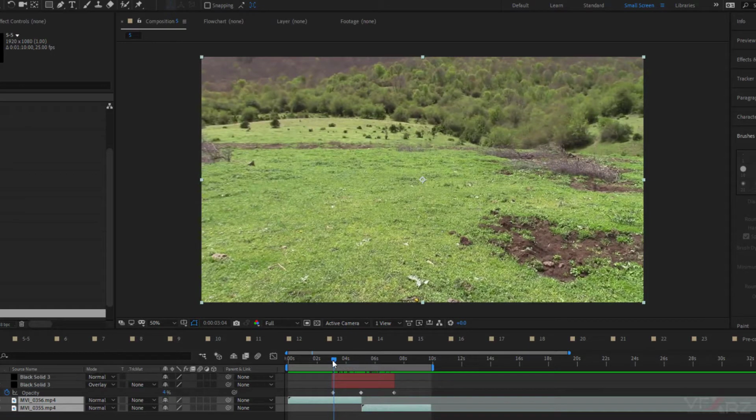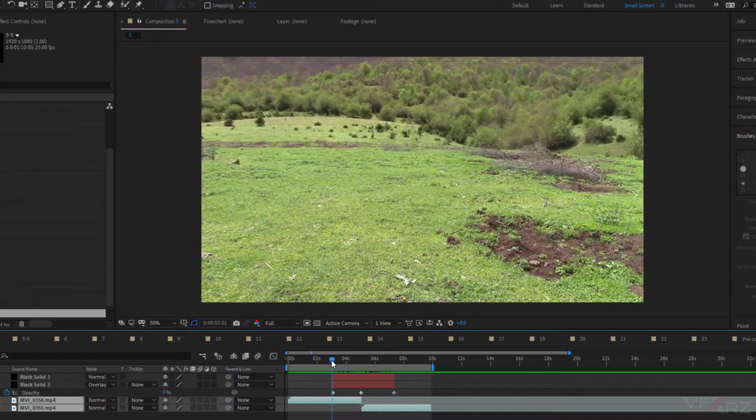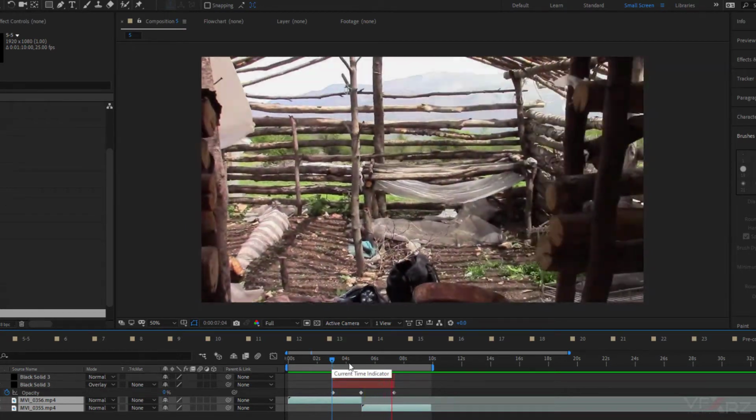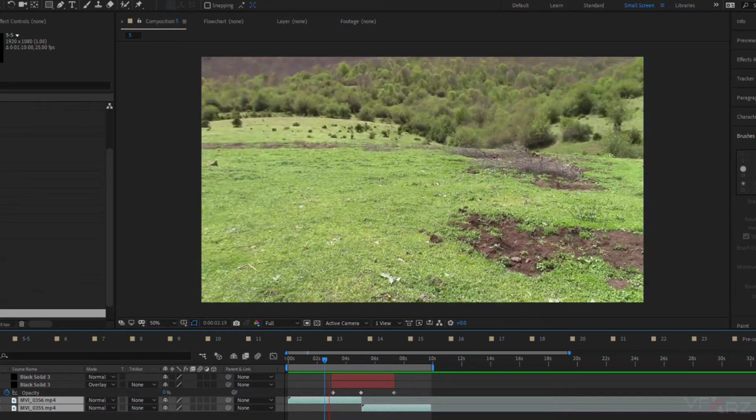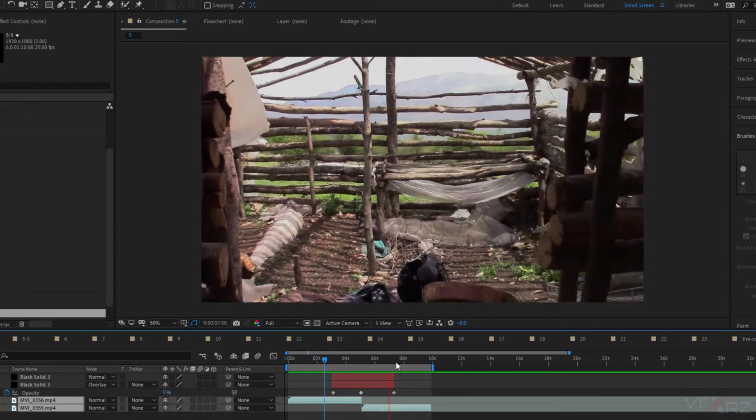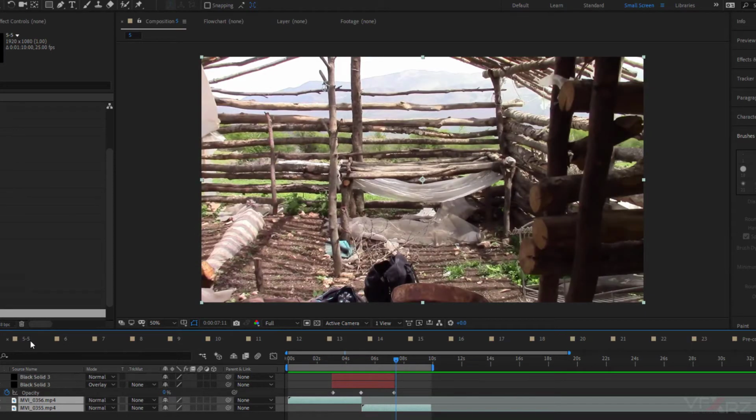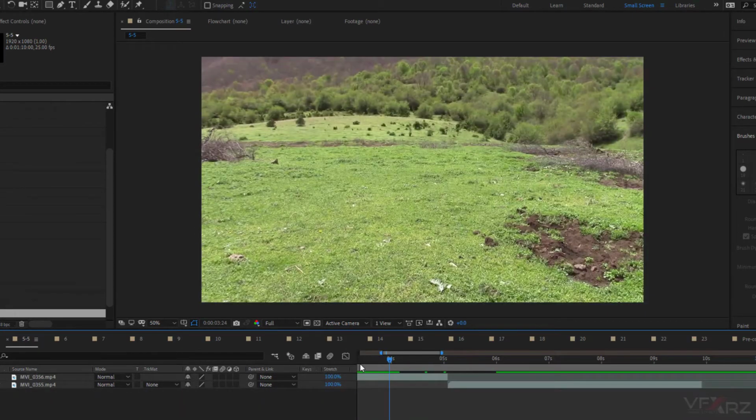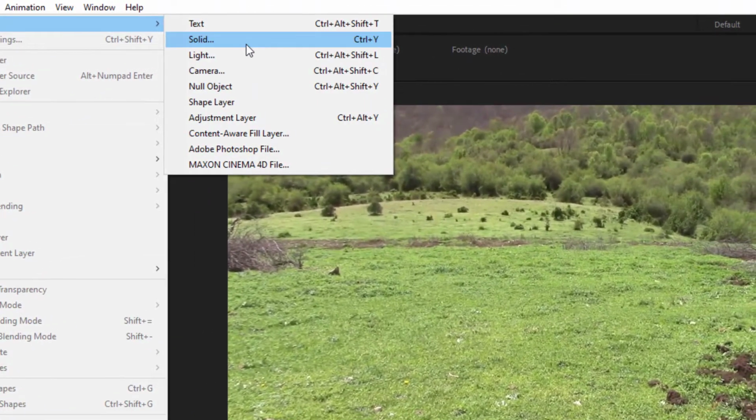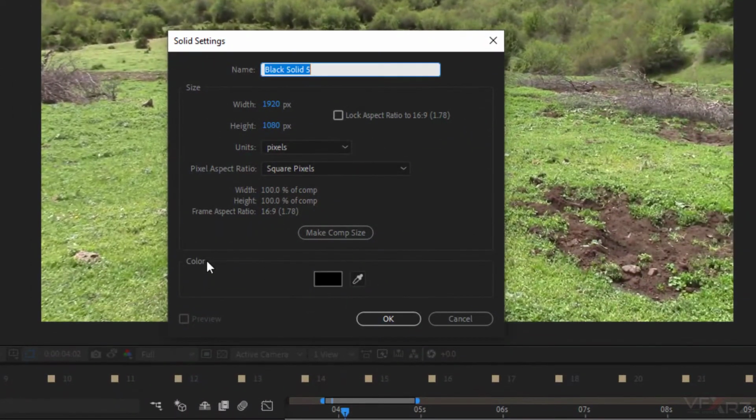If you want to create fade in and fade out transition, something like this, it's really simple for creating this type of transitions. For creating this type of transitions, first from here in the layer menu, new, add a solid and change the